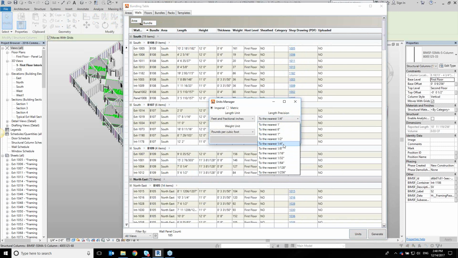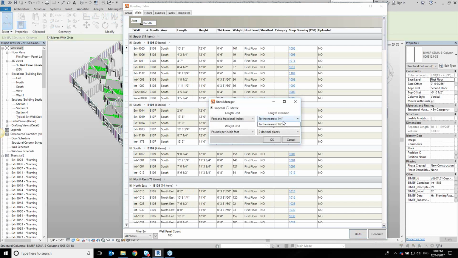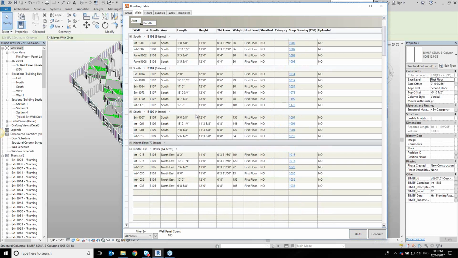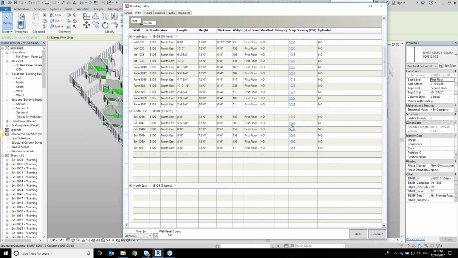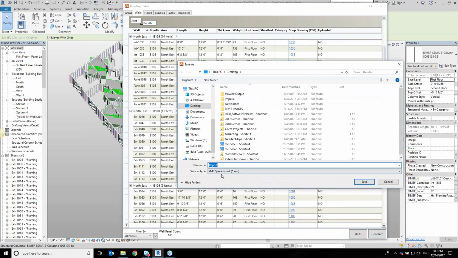There's a unit option in here as well, so I can round. We'll go a little more precise than that. There we go. So I can see every area, every panel, its drawings, and from here I can generate to